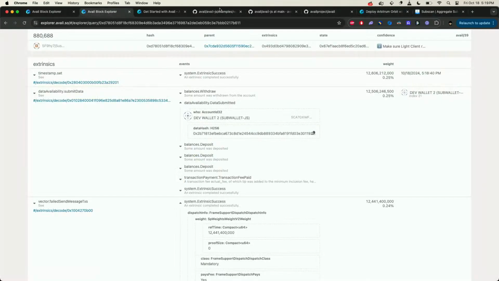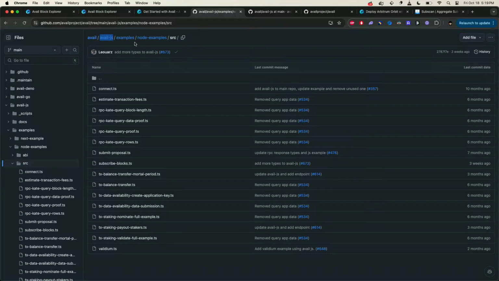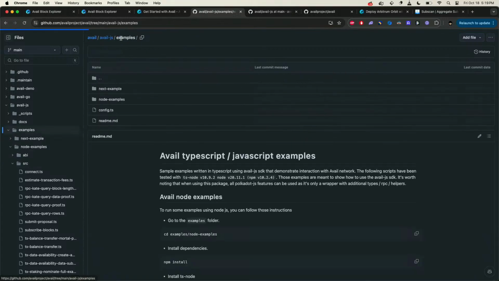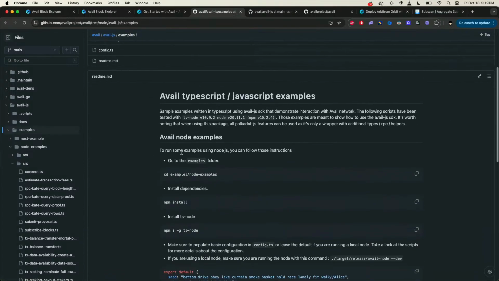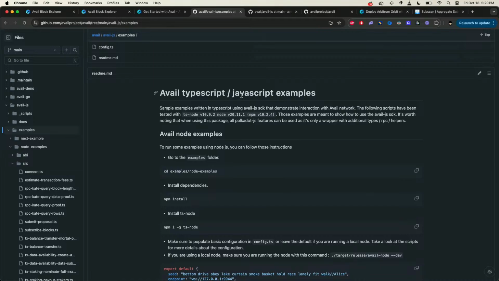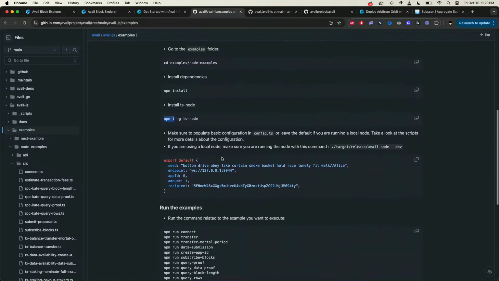Now I want to show you the example that we had. So this is the Avail GitHub repo. You see there's an Avail.js, and then examples, and then we have node examples over here. So I'll just show you. For the Avail examples, you have TypeScript examples. We also have it in Go. We also have it in Rust. All you need to do is install the TS node, and we also have this Avail.js SDK, which is